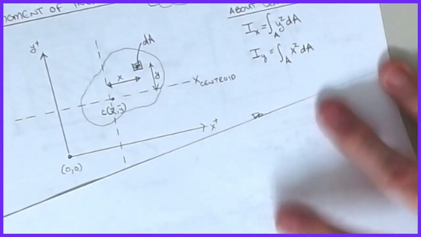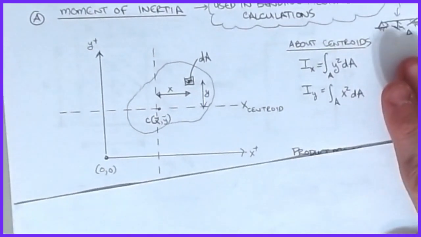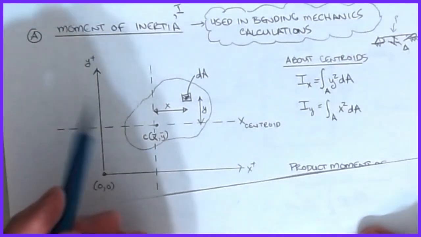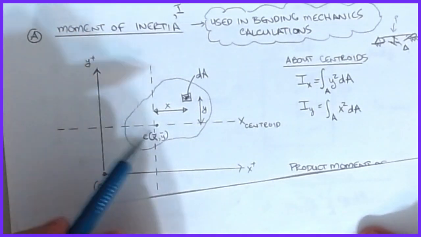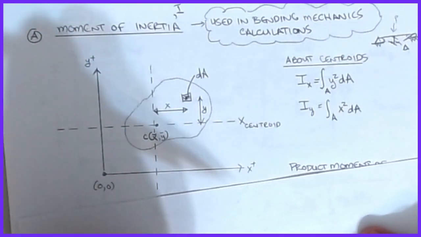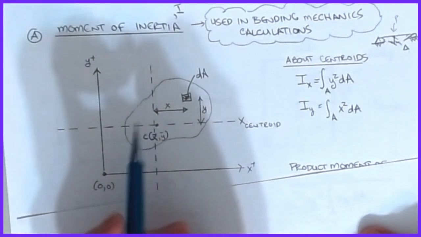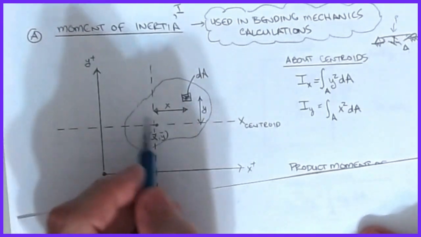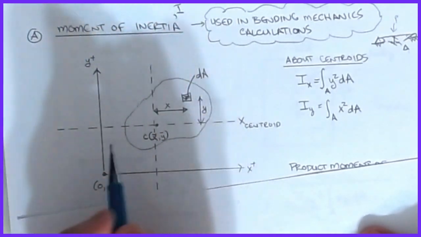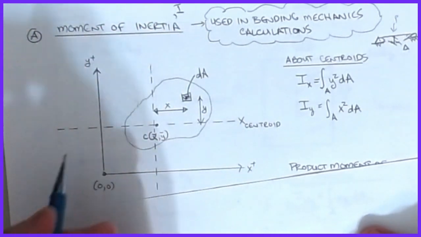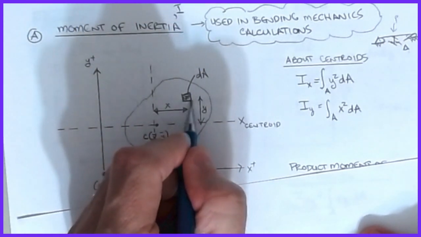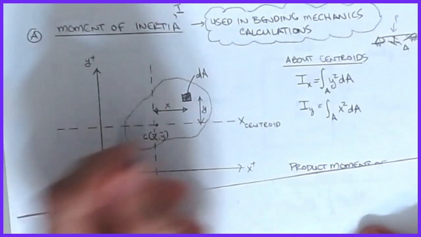Okay, all right, so here's kind of the formal definition of the way that it's set up. Okay, now there are a lot of different moments of inertia. We're going to focus on the centroidal moments of inertia predominantly, and most of the time those are the ones you're worried about. There are some other cases where you'll need some of the others, but for what we're doing, if I have some arbitrary region, it's kind of this big blobby thing. It's affectionately called the space potato in a lot of textbooks for some reason. Okay, all I'm going to do is basically do a computation that involves looking at some finite area that has a width of